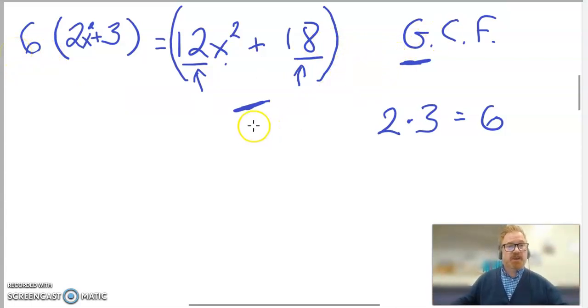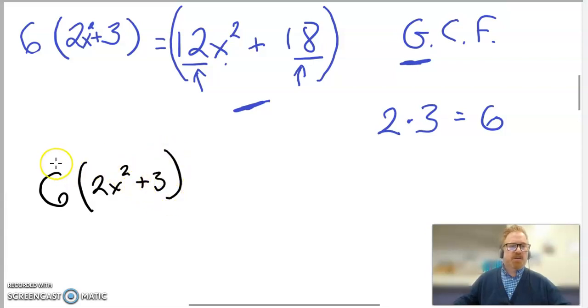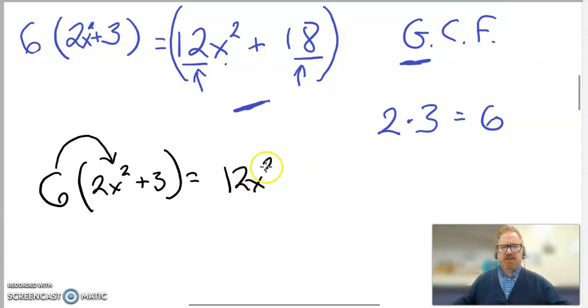And we can go back in and check ourselves by doing that distributive property problem. 6 times 2x squared plus 3. 6 times 2x squared, well, we just multiply these constants. 6 times 2 is 12. The x squared doesn't have anything to multiply with, so it just stays x squared, plus 6 times 3 is 18. So we can see a process by which we can take a binomial